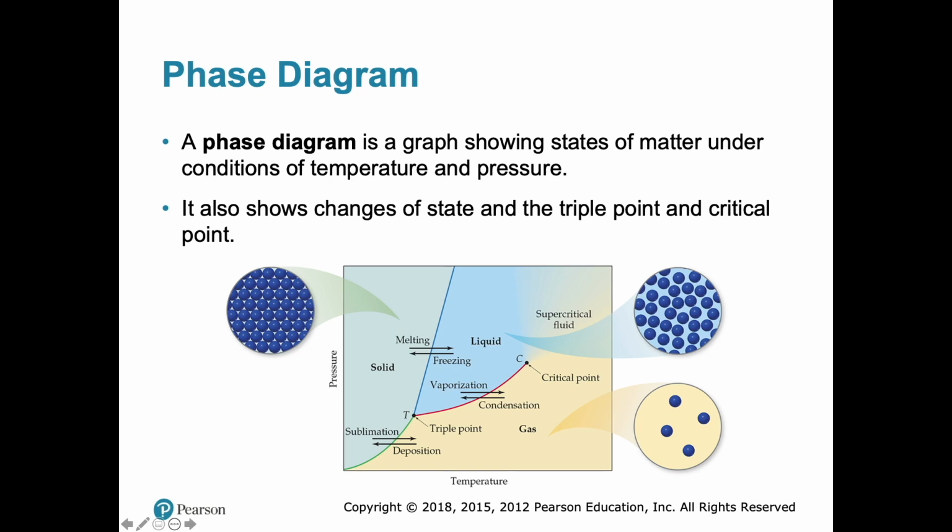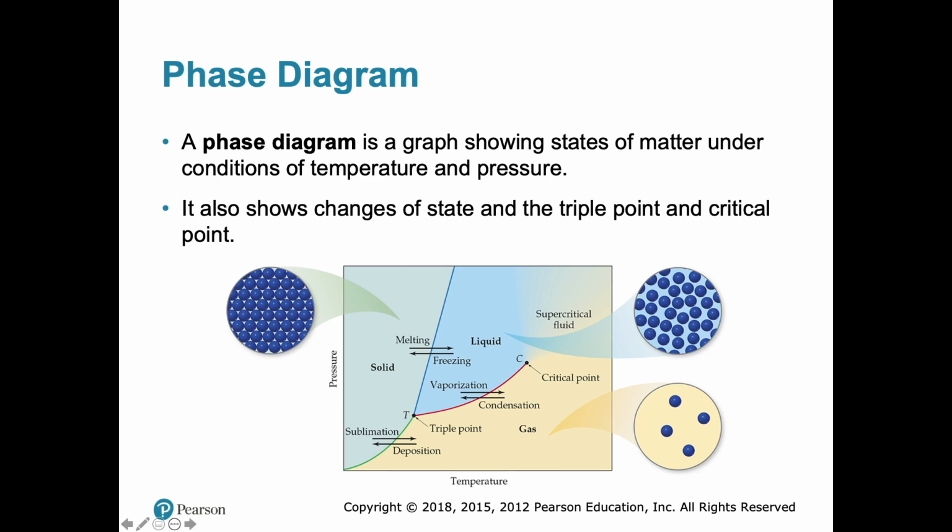So at this point right here, you can go sublimation or deposition. So you have a point here where you have a pressure that's right here and a temperature that's right here, okay? Then you can do sublimation. Turns out that CO2 is there, right? That's why it can go from solid CO2 to gaseous CO2. You get to this point up here called the triple point, and that's where it diverges so that you can have